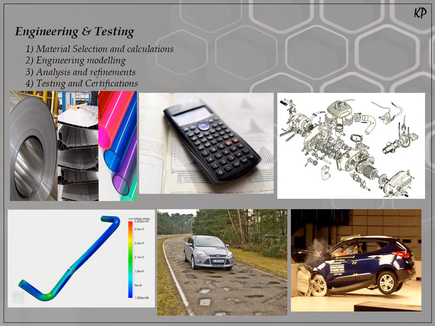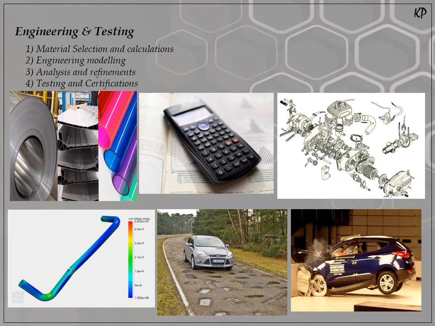Fourth stage is engineering and testing. Once you are done with your mock-up and prototyping, you move towards the engineering part, where you have to define the material for that particular product and do some calculation, if required, like force calculation or any section you have to define. So like that you have to do it in this engineering section. After this, you can go for the engineering 3D model, where you do detailing as per your required processes like injection molding, stamping, die casting, any kind of process. If you are going to do according to that, you have to do the detailing.